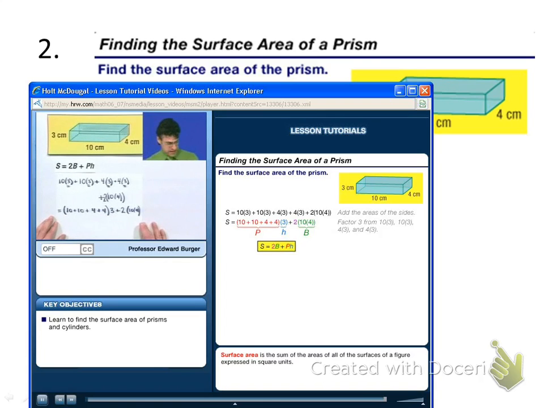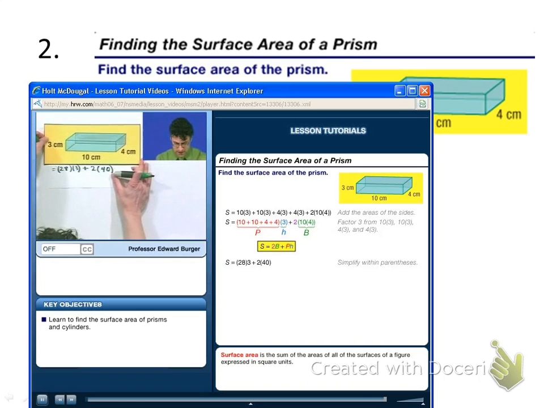So in this particular example, if we just keep working through this, we've already done so much work. What do we see here? We see 10 plus 10 is 20, and 4 and 4 is 8, so we have 28 times 3, plus 2 times the area of the base, which is 10 times 4, which is 40. So now if I try to clean this up,